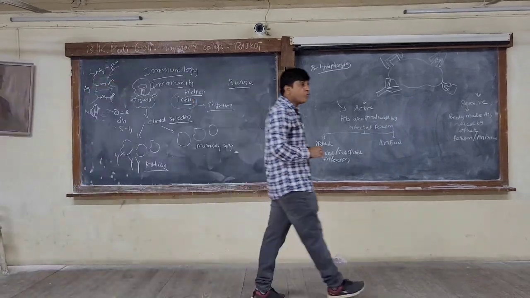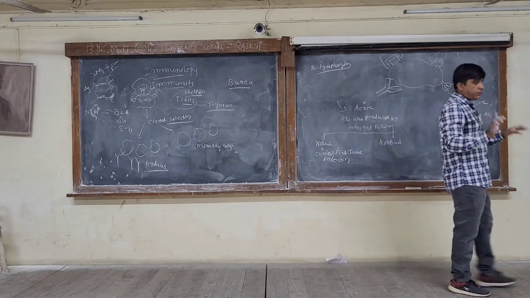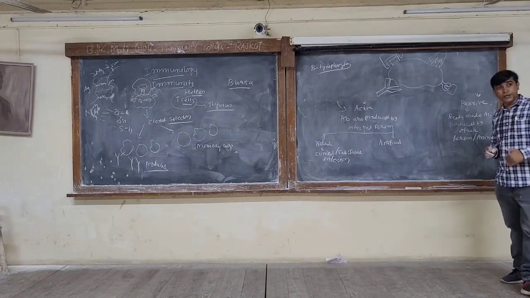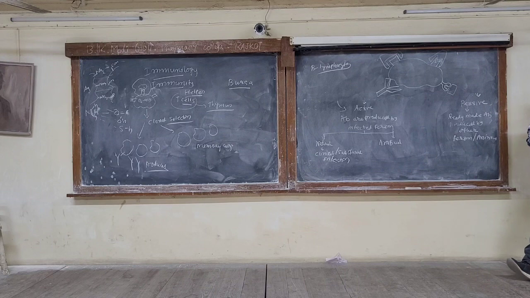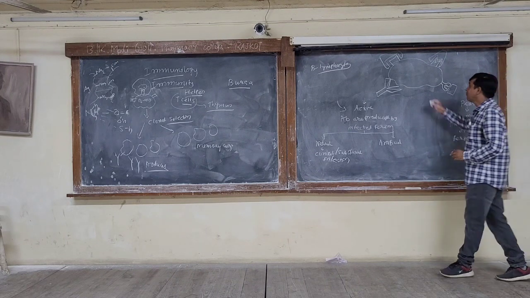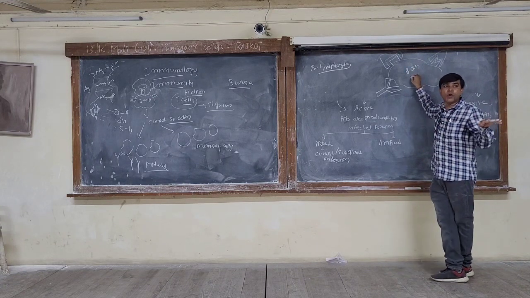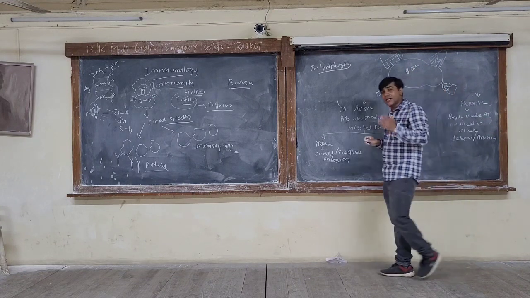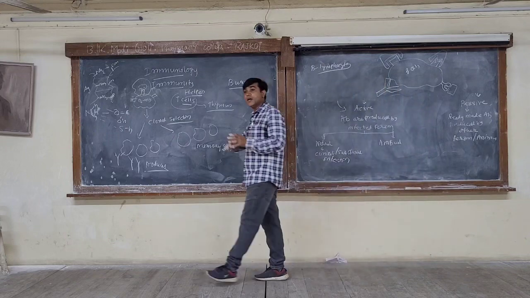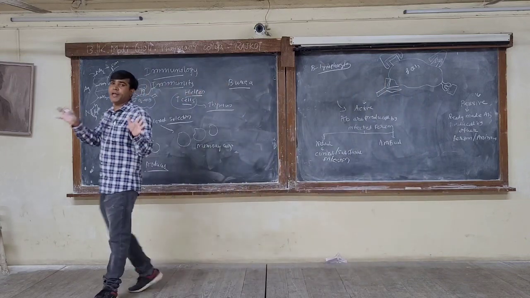Now, in our blood, we are having n number of B cells, and each B cell reads a different surface of the antigen. Whichever comes in contact will read it, and that is why different B cells will produce different types of antibodies, and hence our blood is a mixture of antibodies of different types.